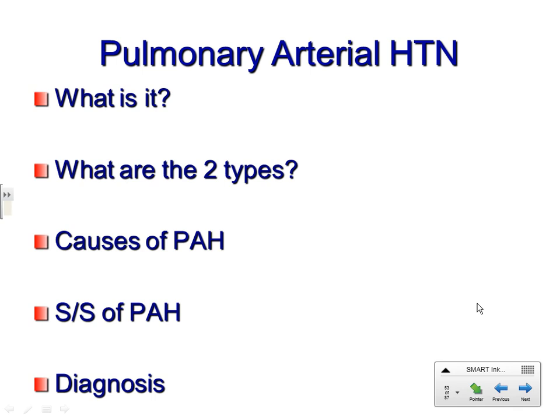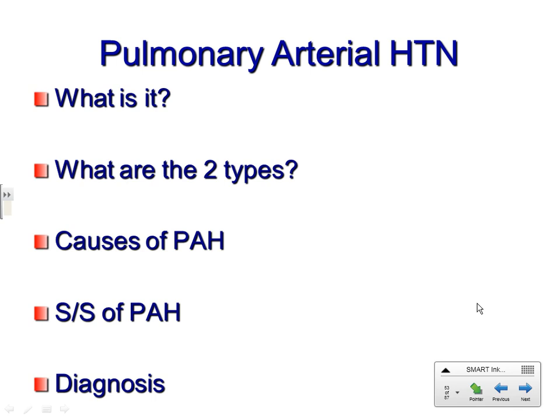So the pulmonary artery pressure has to be measured with the pulmonary artery catheter, which we're going to talk about when we get into cardiac. You may have heard it referred to as a Swan-Ganz catheter, and it's threaded into the right atrium, and then it's wedged into the pulmonary artery, and it tells you what the pressure is in the pulmonary artery. Again, you don't need to know the values, just to know that patients can have what's called idiopathic pulmonary artery hypertension, which is we don't know what causes it,